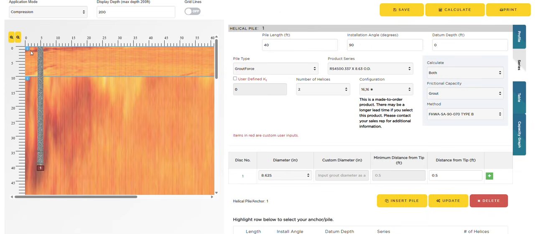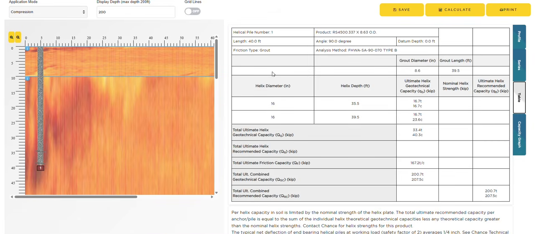In the graphical representation, we can hover over these I buttons and see a quick summary of each soil layer, or we can hover over the pile number and get a quick summary of the pile type being used. With the pile information being inputted, we can now hit Calculate, go to the Table tab, and now the calculation